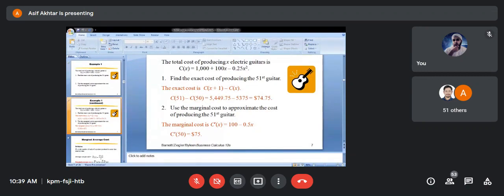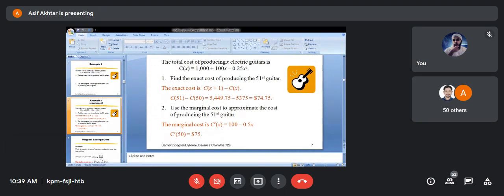If you put it as 51 here, then it is the marginal cost of the 52nd guitar. If you put x as 51, that means the marginal cost you are calculating is of the 52nd guitar. That means in simple language, if you increase the production level from the 50th, the next unit cost